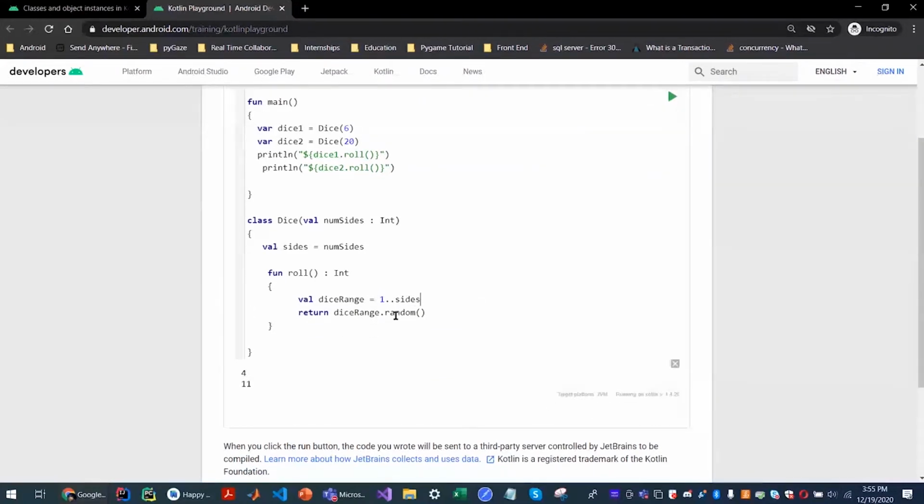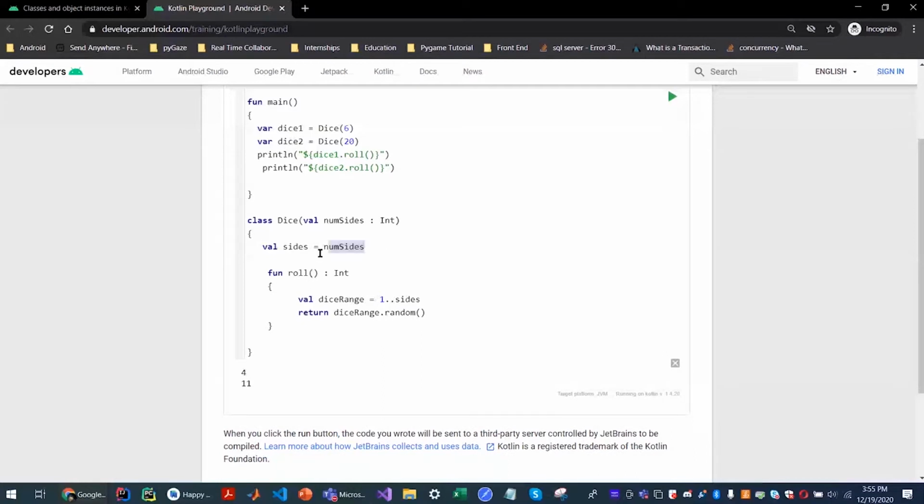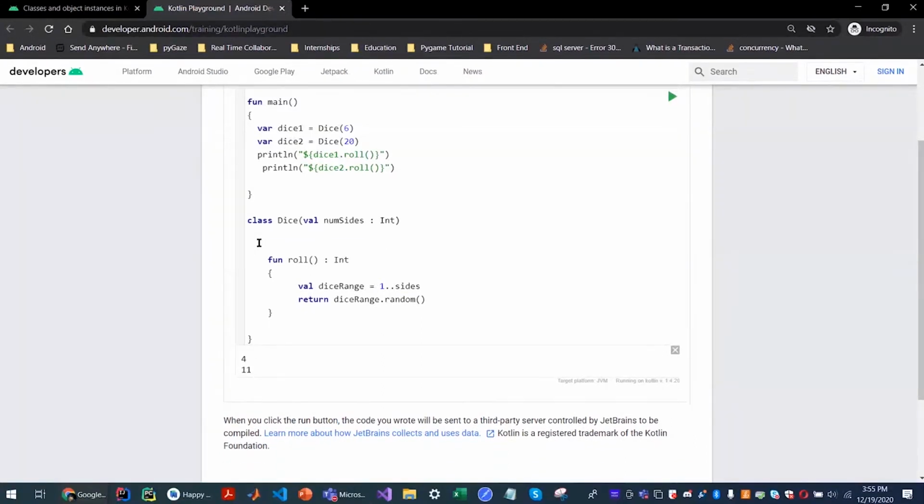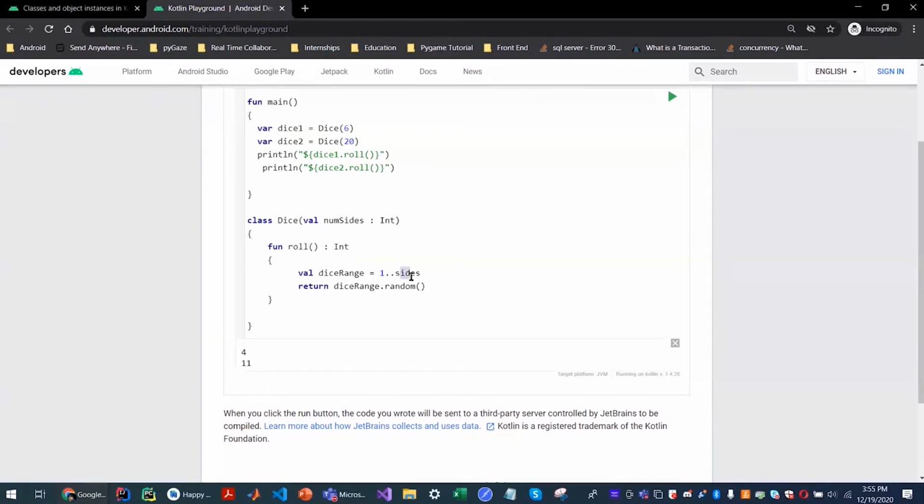Or further, you can remove this as well because we're already capturing the number of sides in the parameter itself. Let's check that our program still works. Yeah, it still works.